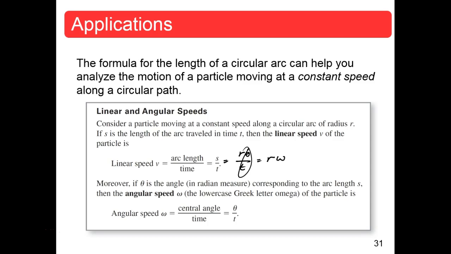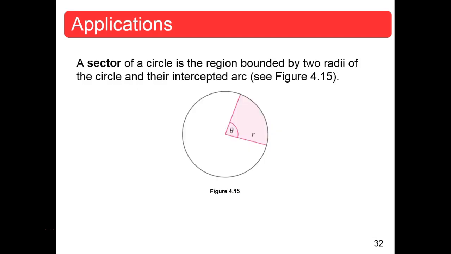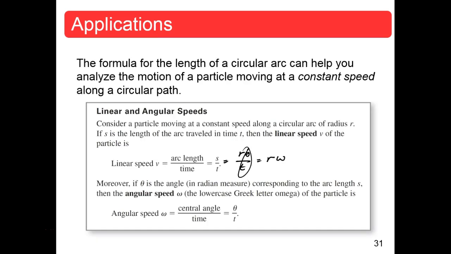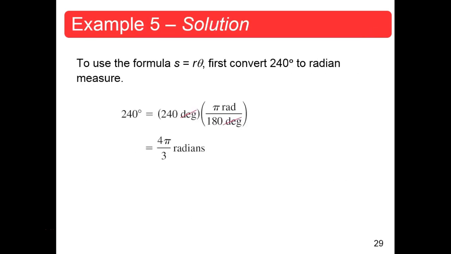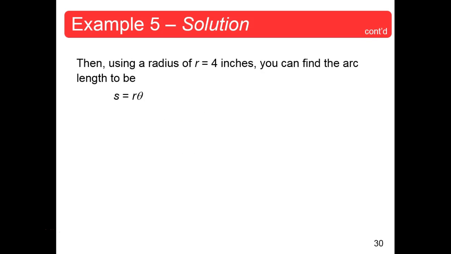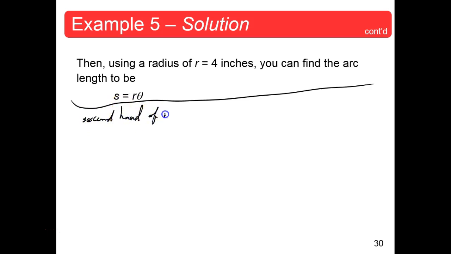Now, here is a definition. Oh my goodness. That definition is a page away. Let's go back and do example 6. Okay? We will use the linear and angular speeds here. The second hand of a clock is